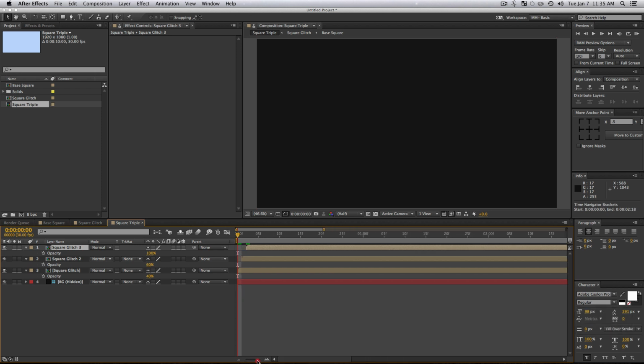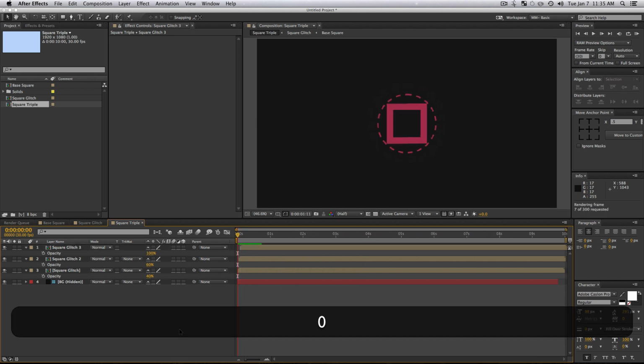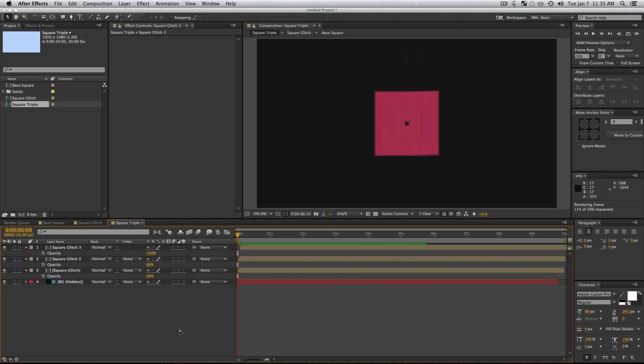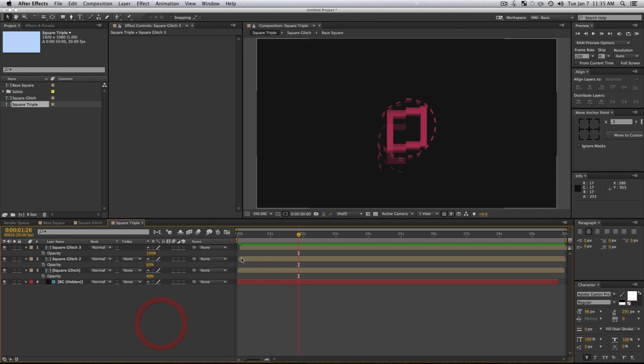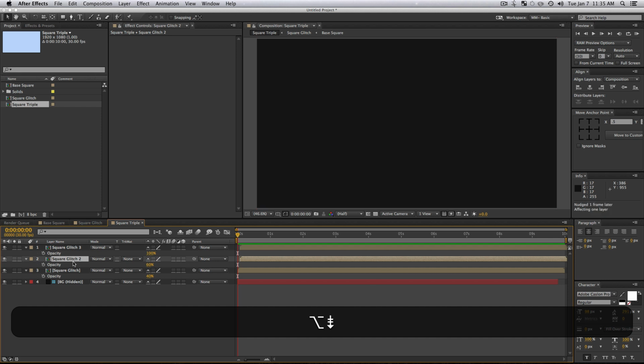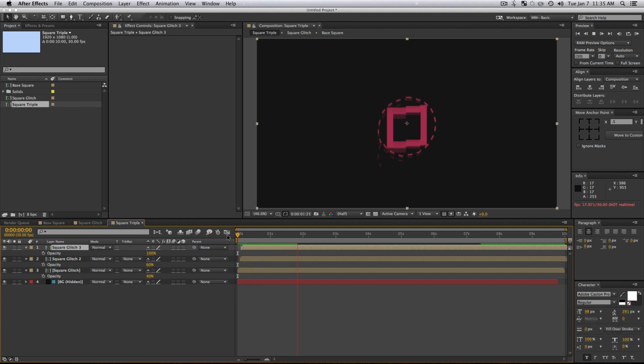So now, as you can see, these layers are going to be slightly staggered. So now when we play our animation, we're going to start to get a blur. It's very subtle. You can kind of see it more there. So let's actually grab this square glitch 2 and do Alt Page Down one more time, and also for the top one. So we'll stagger it just 2 frames instead of 1 and see if that, yeah, there we go. That's looking a little cooler. Do you see how that's starting to look a little like the computer's spazzing out almost, or something cool's happening? I'm not quite sure.